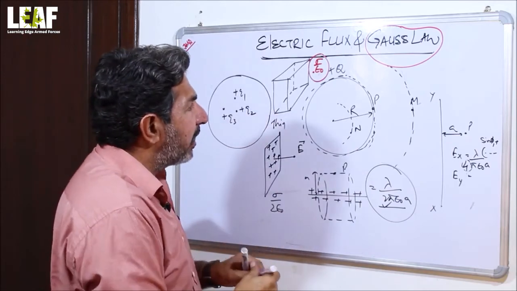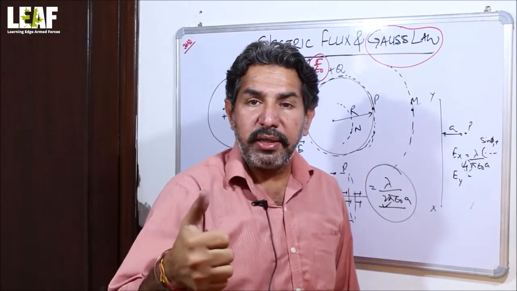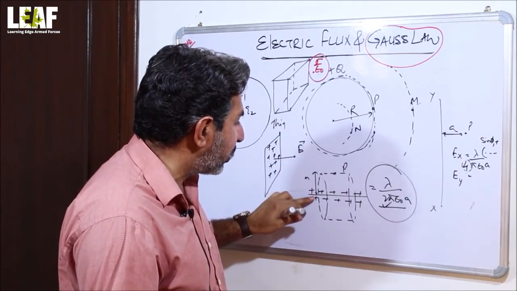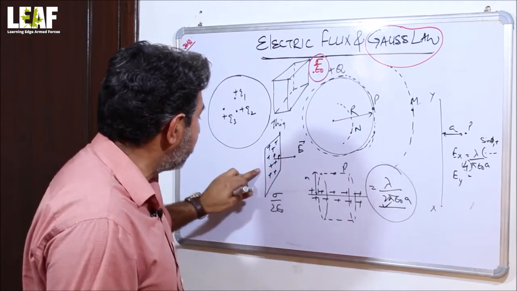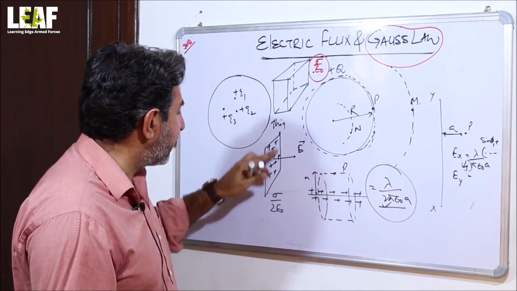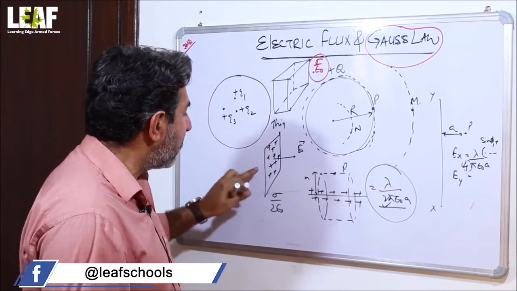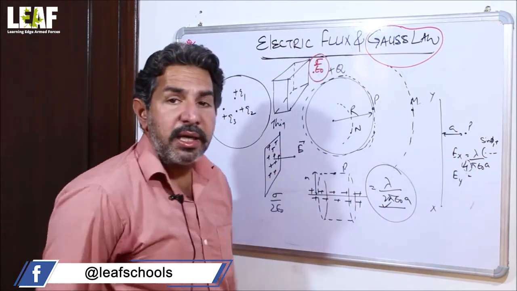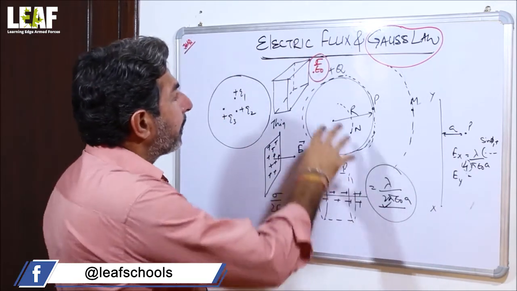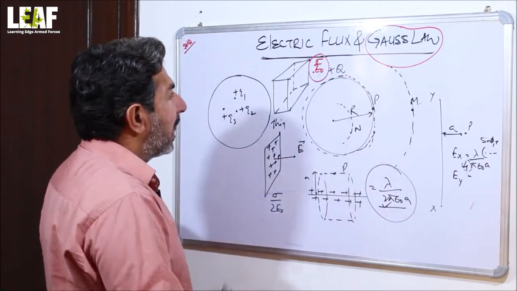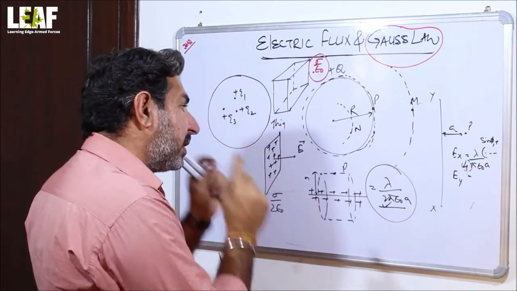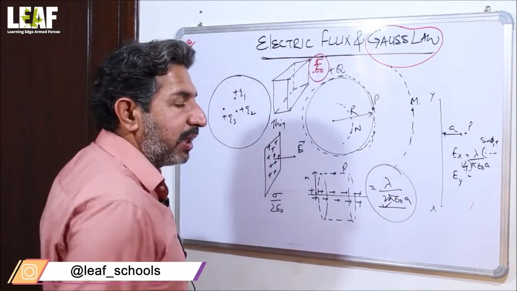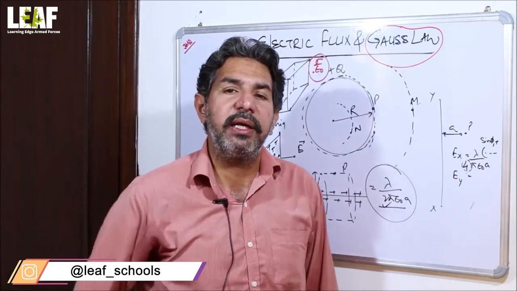So all these things that we are normally doing in Gauss's law: considering the spherical shell, considering the infinitely long straight charged conductor having linear charge density lambda, and considering the sheet having surface charge density sigma. That is the third element. This all we have done in the very basic classes of Gauss's law, and the applications are very straightforward. I am now going to convert, in the upcoming sections, all these articles into higher order numericals, and that is going to be very interesting.